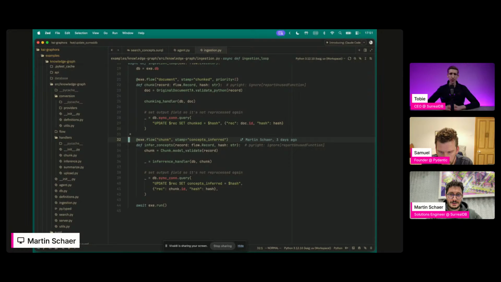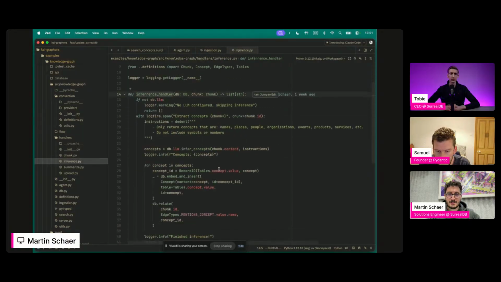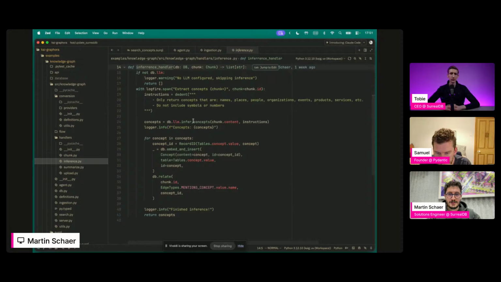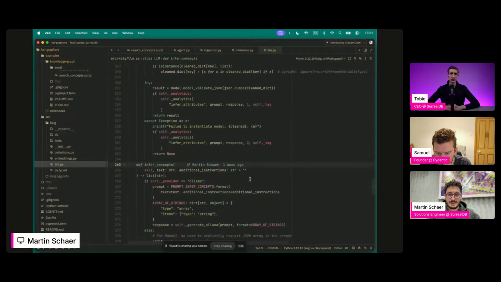Yeah. And then after chunking, I basically now look at the chunk table for documents that haven't been inferred to generate the concepts, and I then run this inference handler and again update the records. And the inference handler is just calling an LLM.